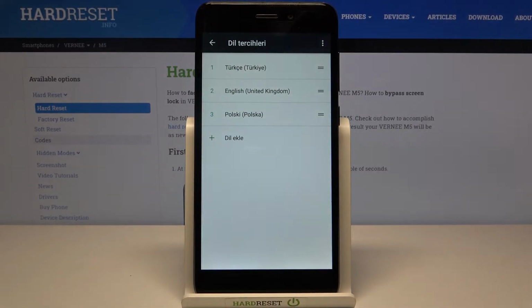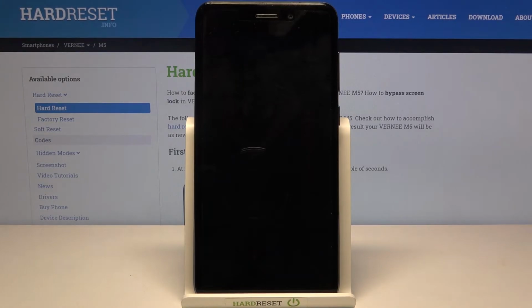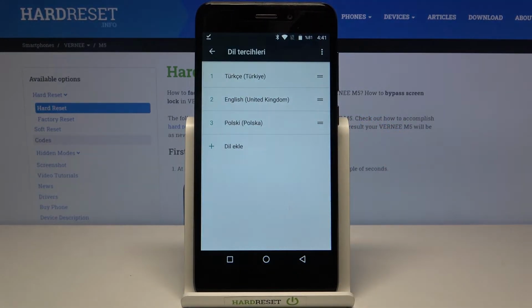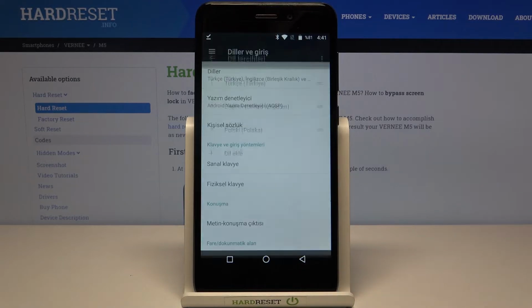Okay, so I'm not sure what just happened. Okay, actually nothing. So as you can see, from now on, the whole system, the whole menu will be in